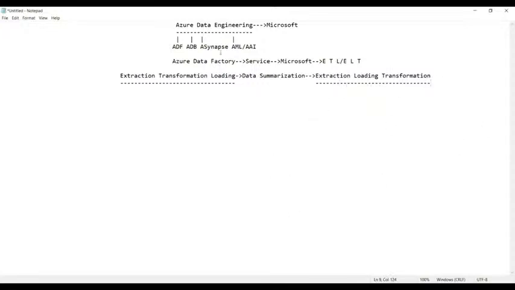So both are the same, ETL and ELT, but only the application part will change here. That's it, nothing else. So what is ETL? Azure Data Factory is a service provided by Microsoft to perform the job of ETL, that is extraction, transformation, and loading.